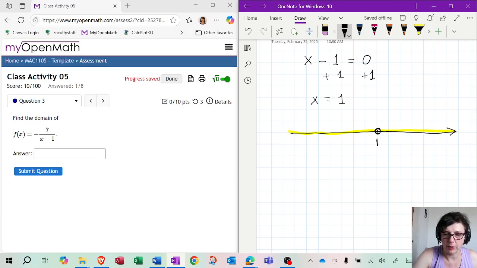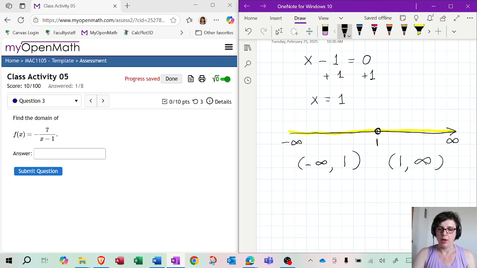So how would I write that? Well, imagine this is negative infinity and this is positive infinity. We can't express it as one long interval because at 1 we have to take out that point. So the first interval is going to start at negative infinity and go all the way to 1, but it'll have to stop at 1 and 1 will not be included because it's an empty circle. Then we're going to start at 1 again and go to positive infinity. Remember, you're going from left to right. Now, how do we combine these two intervals together? There's a special symbol that looks like a U for union, where you combine the two.